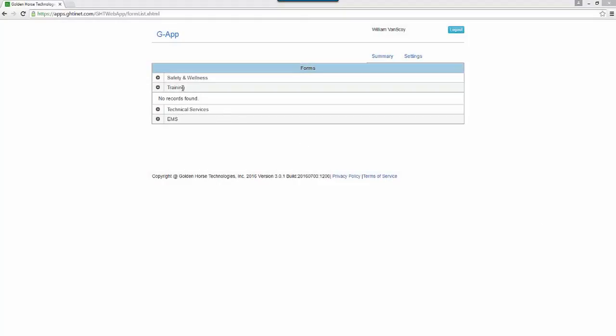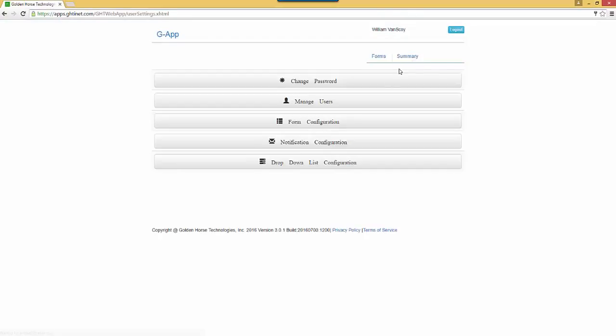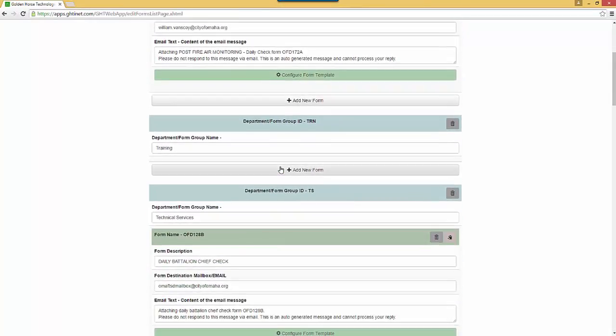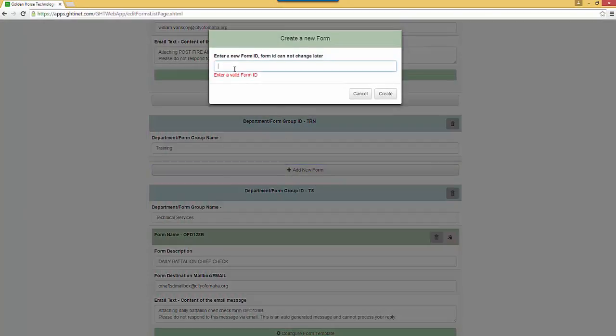We've just created our training department, and now we're going to add a new form. We go to Settings, Form Configuration, and we look for our department. Our department is right here. We're going to add a new form by clicking on this button. We're going to add a new form,